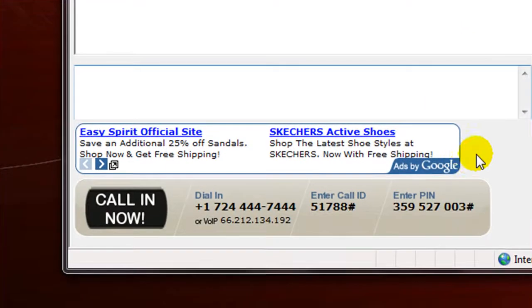Down here at the bottom, we have some ads by Google, which most people don't pay attention to. Then over here, you have your important information. This is the call in now information. If you haven't called in on the phone, it gives you the information for doing it. It tells you the telephone number that you can dial into,